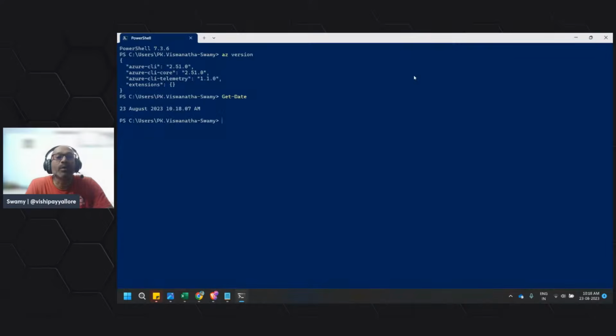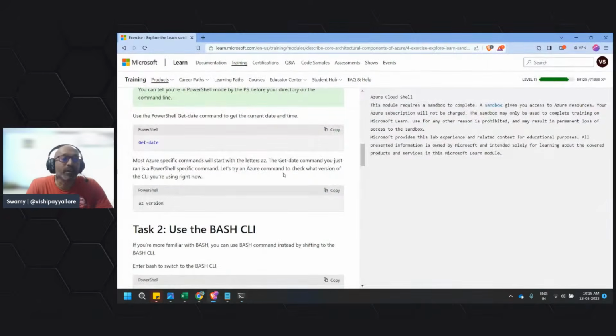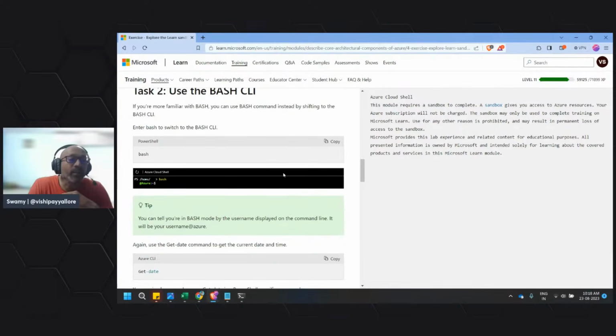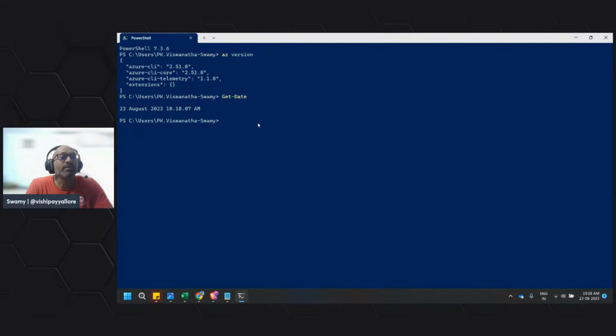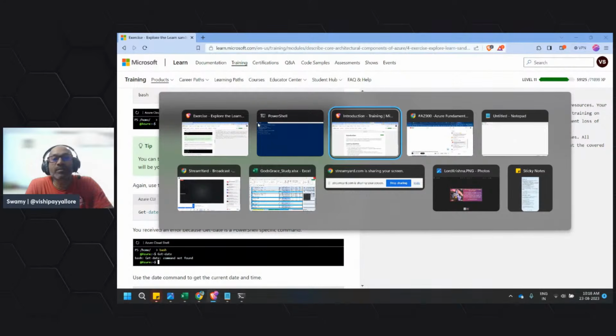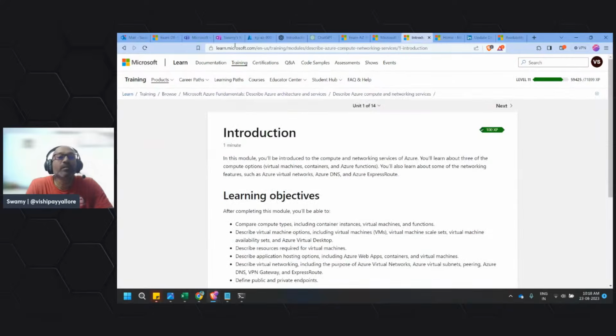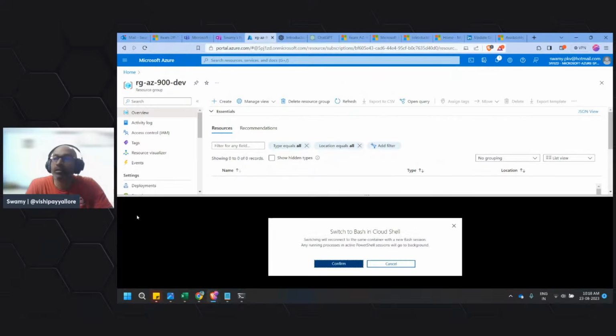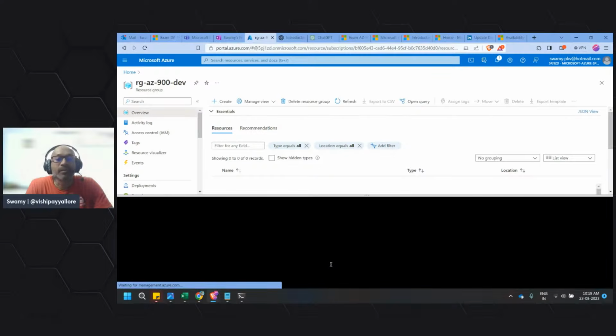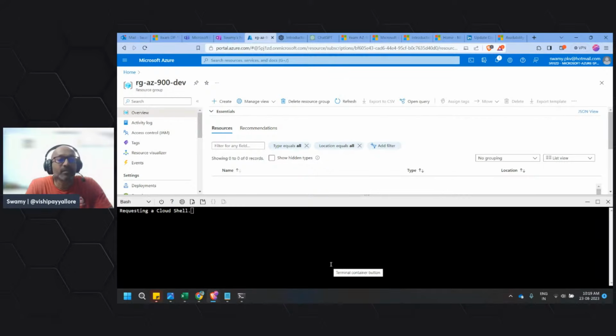Oh, I'm sorry, I flipped it here. And then we can come back to the Bash. Okay, let's switch it to the Bash. Let me come back to the Bash shell, and I need to confirm the Bash. The shell itself is in two different colors. The PowerShell is in blue, and the Bash shell